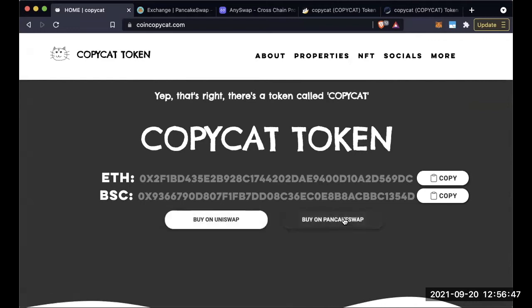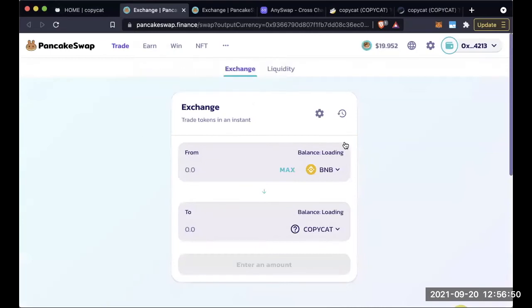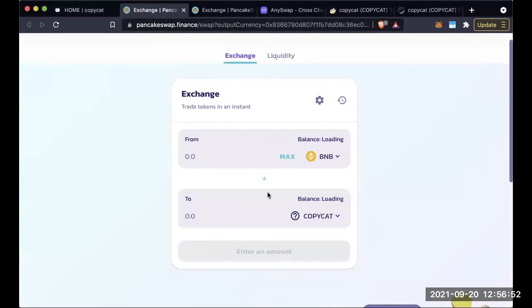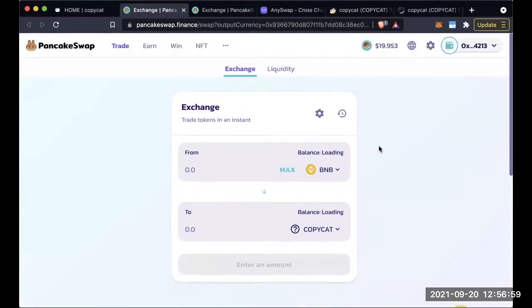If you click on buy on PancakeSwap, you will be able to buy COPYCAT token using BNB. Of course, you can sell as well. And there's one very important thing: the liquidity management system is very different from Uniswap, so you'll see that the price movements are not going to be the same. Another important difference is that the liquidity in here is paired with 2 non-stable coins. So basically, it means that